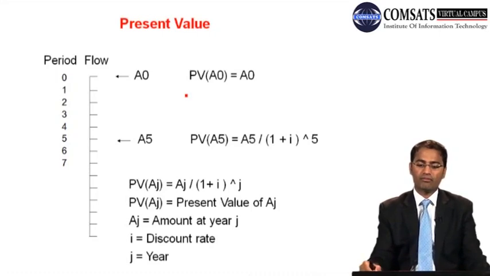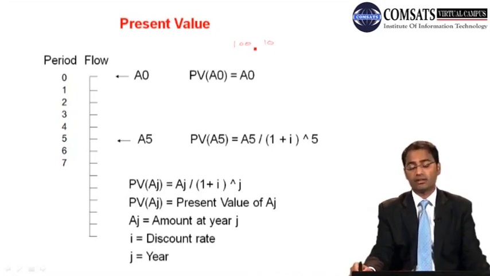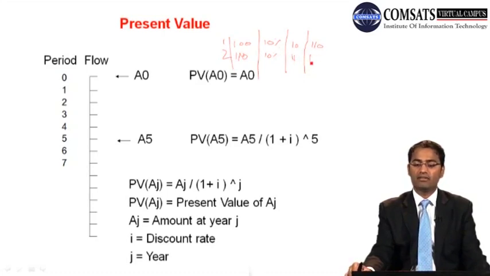If we have 100 rupees today, and there is a discount rate or interest rate of 10%, then 10% of 100 is 10, and hence the total amount by the end of the year will be 100 plus 10, which is 110. For year number 2, 10% of 110 is 11, so you have 110 plus 11, which is 121. In year 3 you have 121 at the start of the year, and applying 10% gives 12.1, so it is 133.1. And for year number 4,